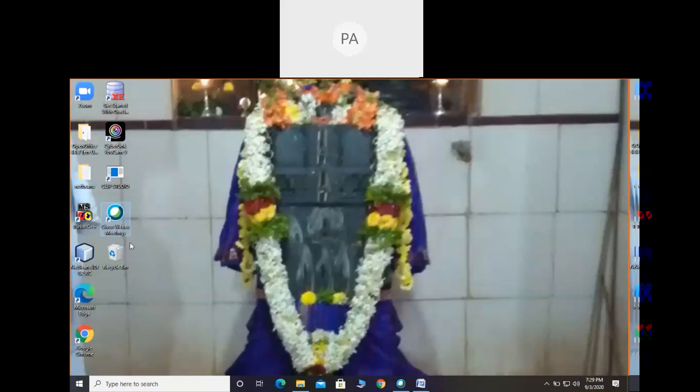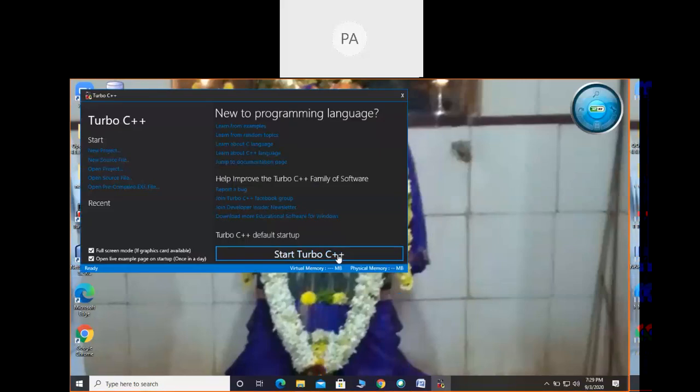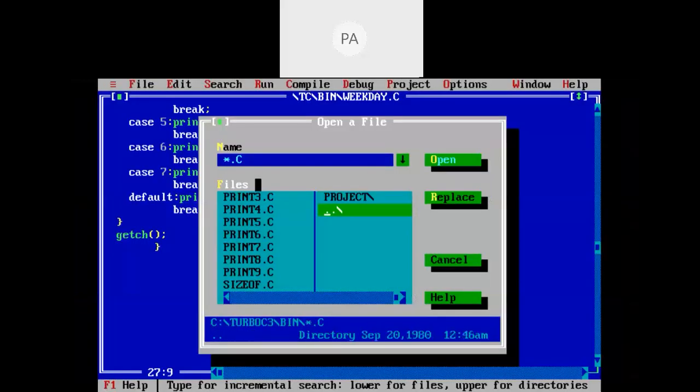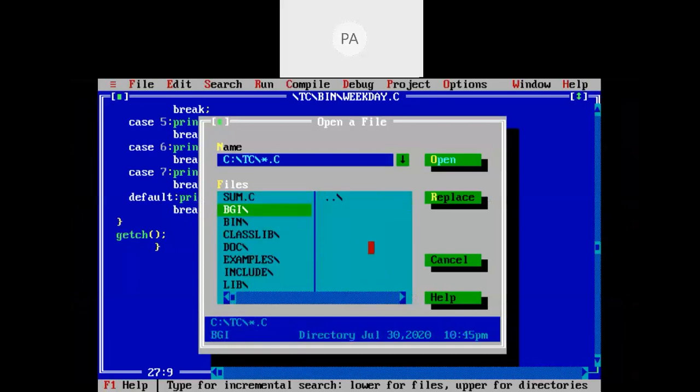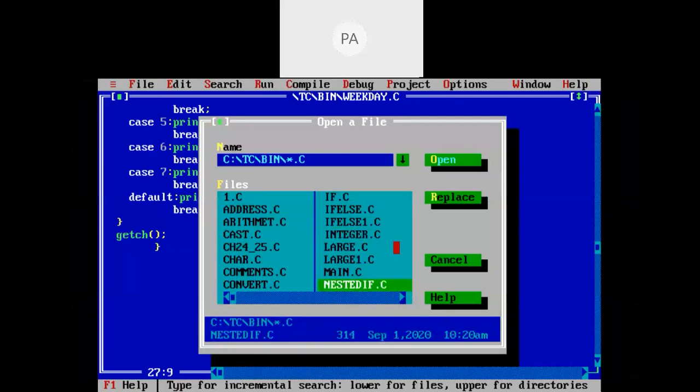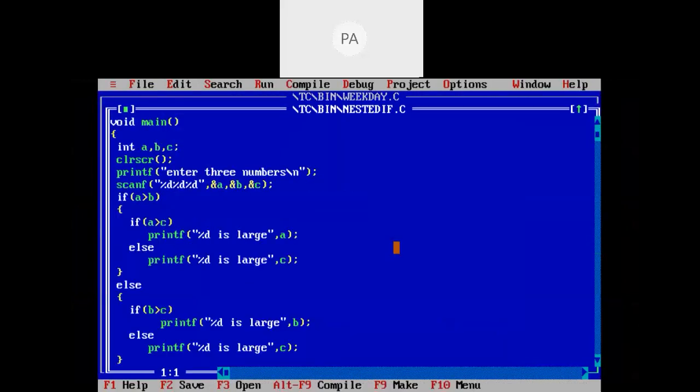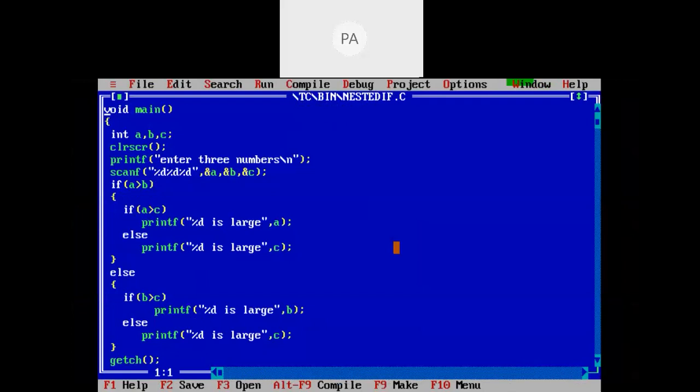I'll open the editor and show you. So this is the program for the nested if.